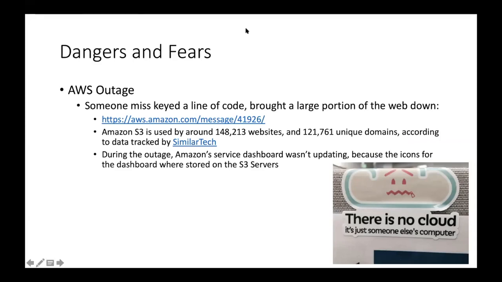There are some dangers and fears when you're talking about cloud computing. Probably my favorite story, and I feel terrible for this person, is that someone at Amazon Web Services, there was a systems crash, and this was probably about 4 or 5 years ago now, where someone miskeyed a line of code. An Amazon web engineer that manages all those cloud computers was updating some payment portal for everyone to use, but because of a missed key or an extra character in his line of code, he brought down a large portion